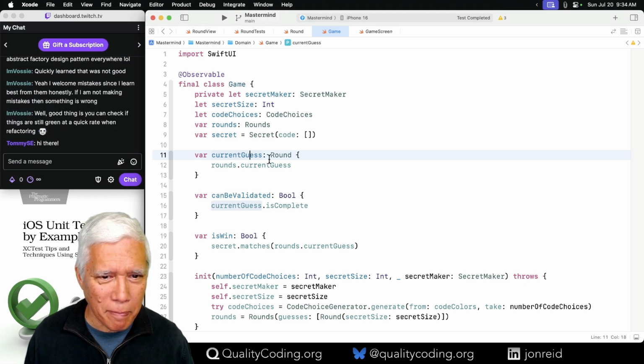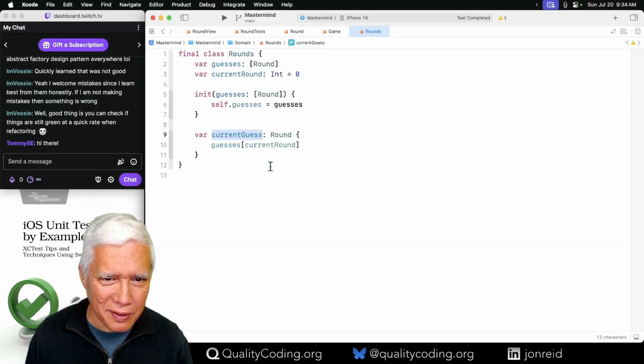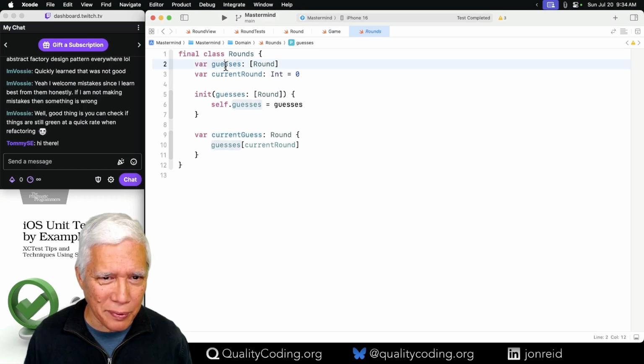Hey Tommy. This guess versus round thing is starting to come up again. Let's see what this is. Rounds. Okay, let's do a little more renaming here.